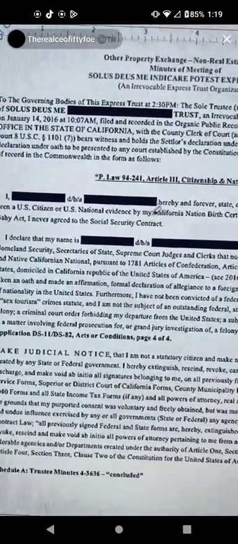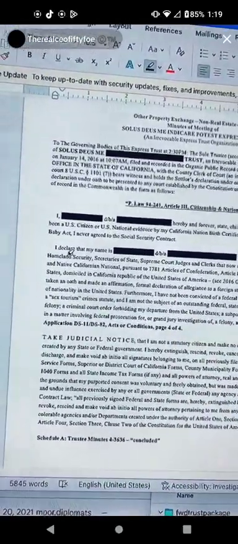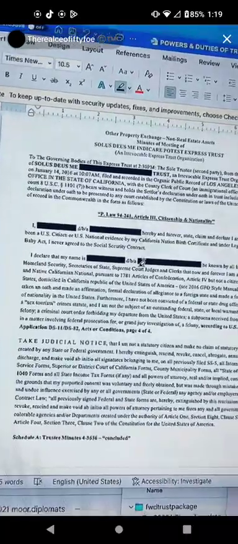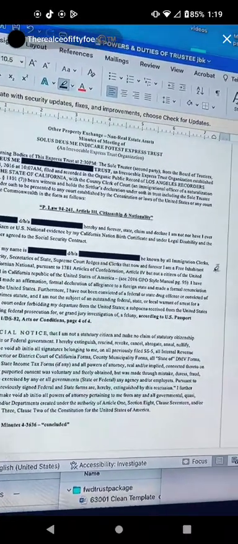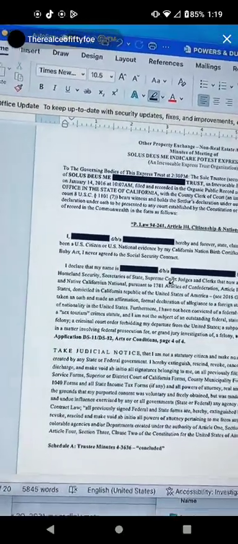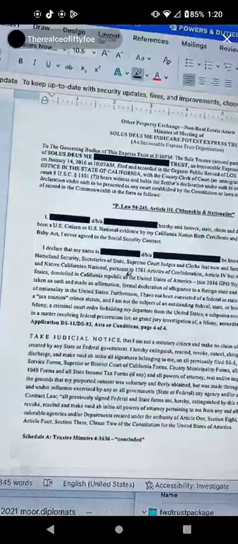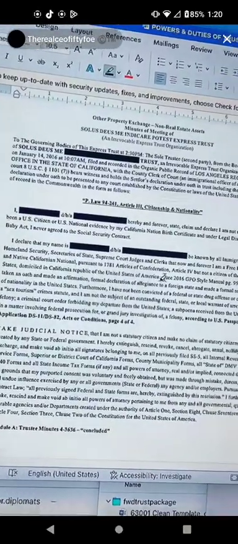I am not, nor have I ever been a U.S. citizen or U.S. national, evidence of the California National Birth Certificate and under legal disability and the Baby Act. I've never agreed to a Social Security contract. I declare that my name is such and such, doing business as your all caps names, be known that all immigration clerks, Homeland Securities, and the state of Supreme Court judges and clerks, that now and forever I am a free inhabitant and native California national, but whatever state you're from, you're a national pursuant to 1781 Articles of the